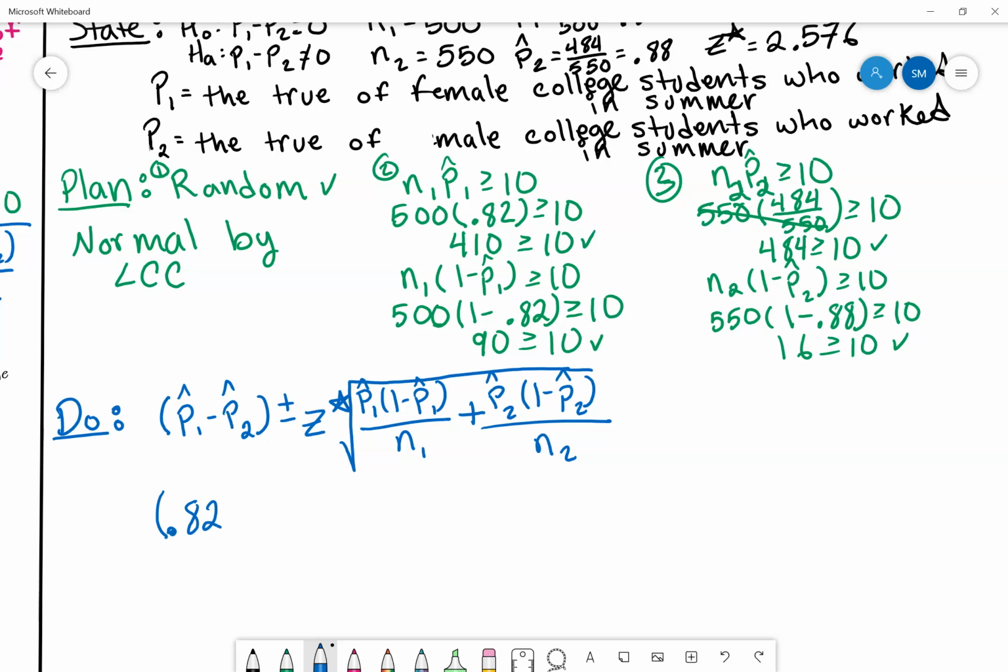So 0.82 minus 0.88 plus or minus z star, which we found in the first step, 2.576,